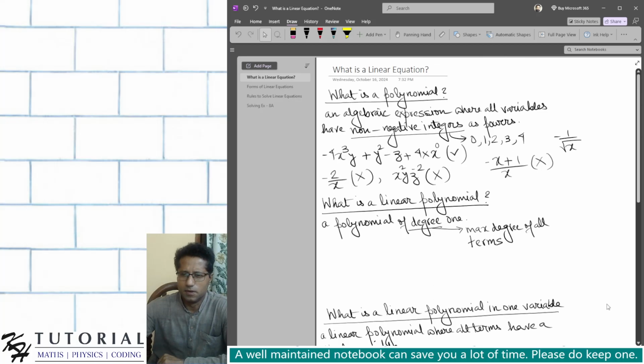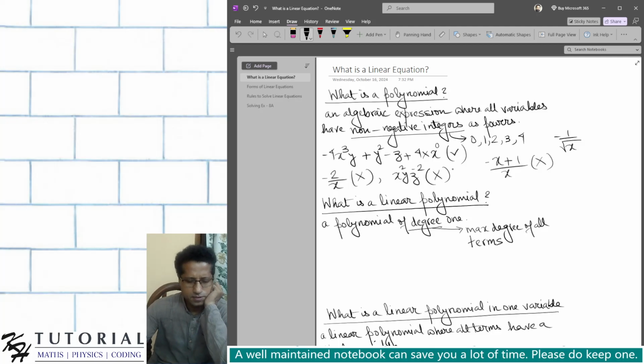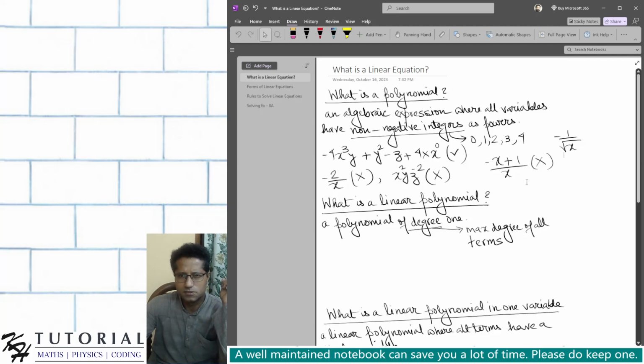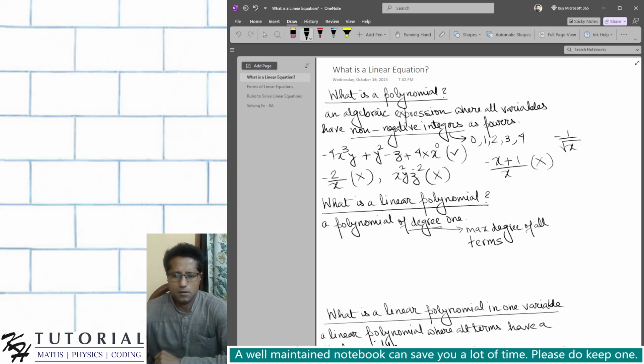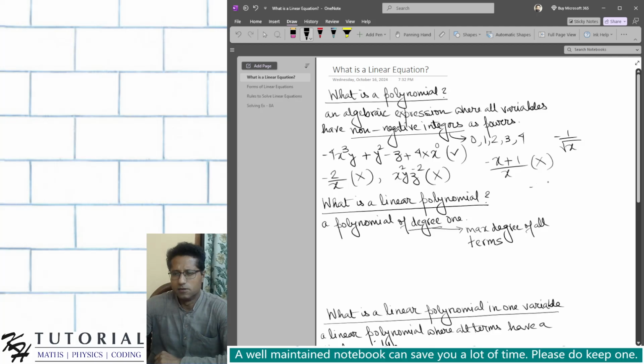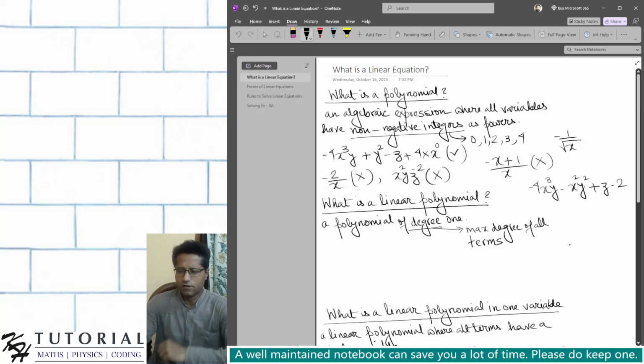The degree of a polynomial is the maximum degree of all its terms. Let's say I have an expression: minus 4 x cube y minus x square y square plus z minus 2. Now, what will be the degree of this